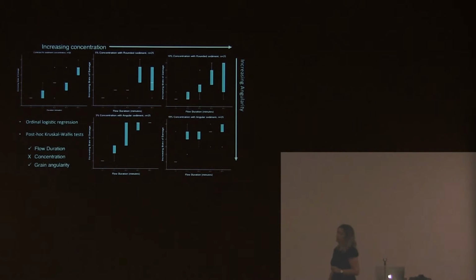And then thirdly is grain angularity. So grain angularity, as we would expect, the angular grains come out as statistically significant, and your rounded grains don't come out at all as significant. So